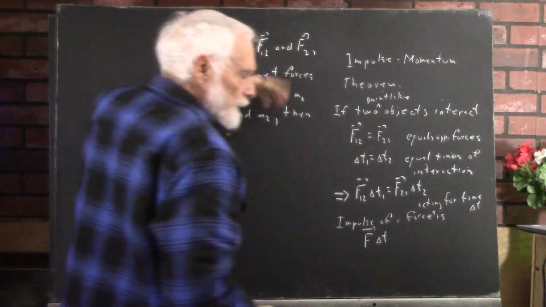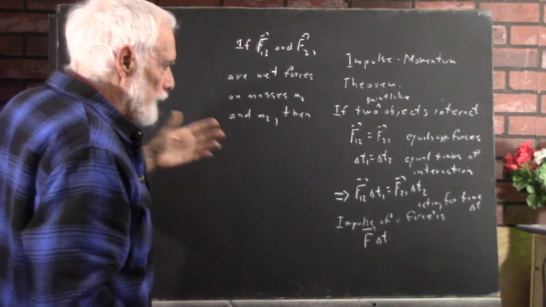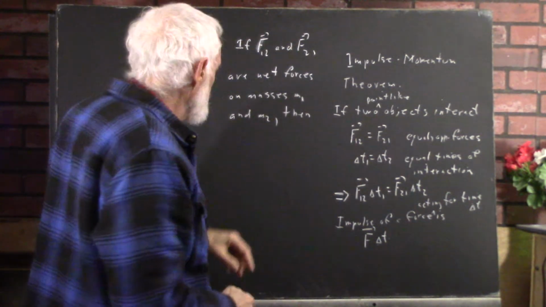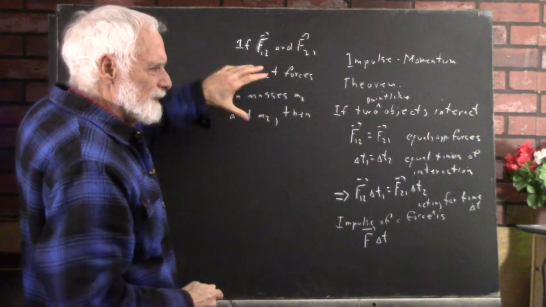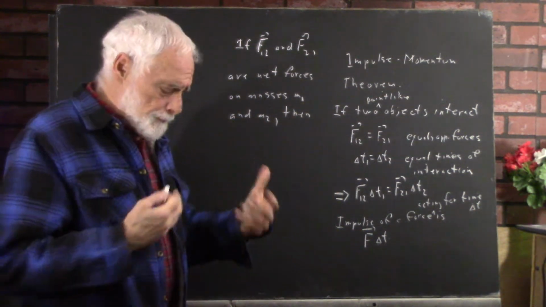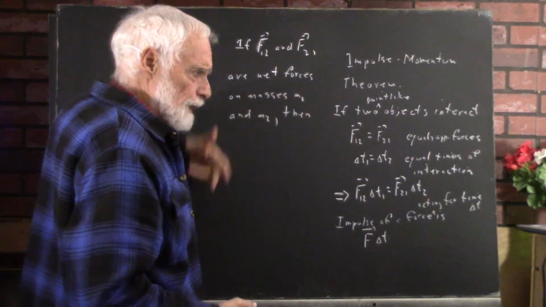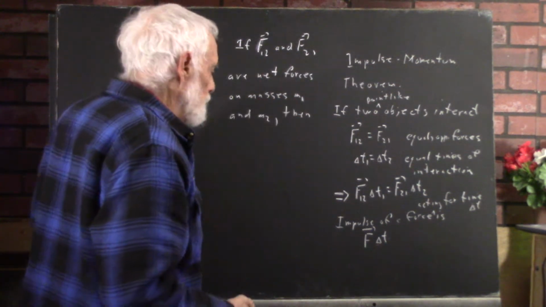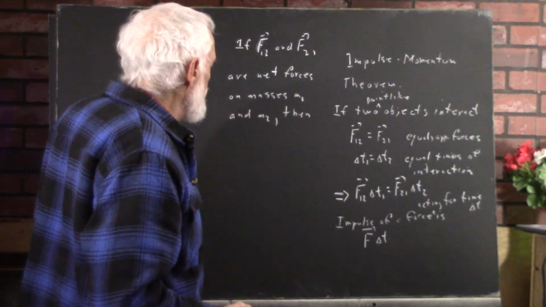And I'm writing these, the notations are just a little careless right now because we've done this, so this is kind of review. So a few things are kind of being taken for granted here, but I think the intent is pretty clear. So if these are the net forces on masses M1 and M2, then